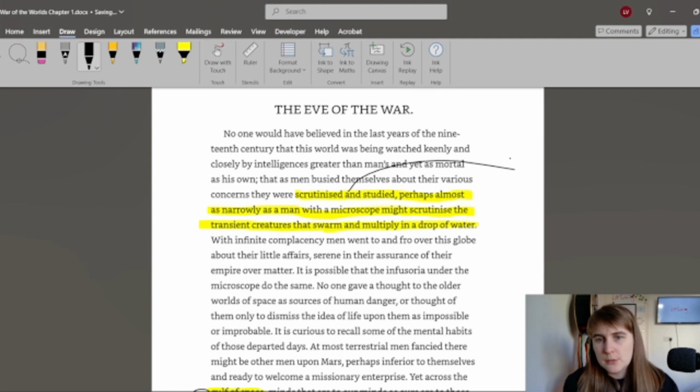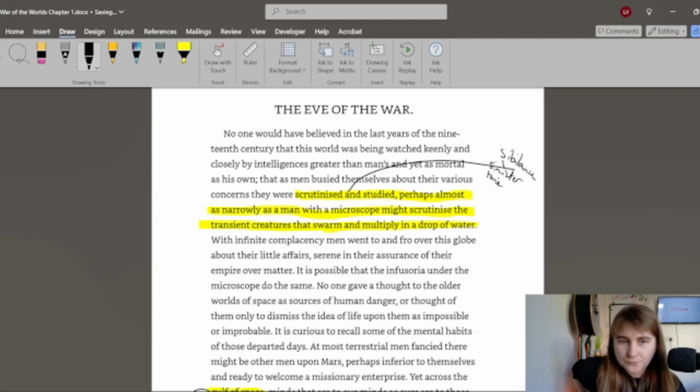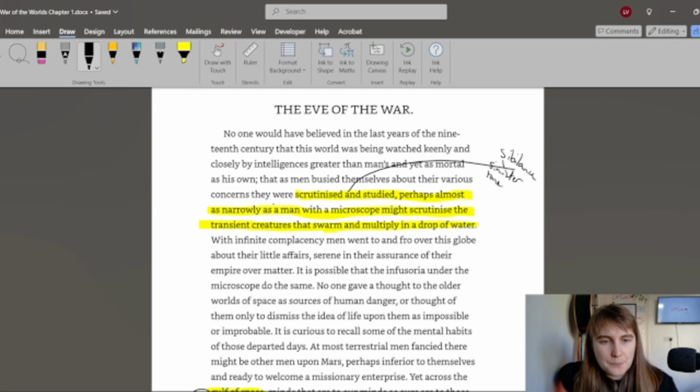"Scrutinized and studied." We've got some sibilance there, which is the repetition of S sounds. Because of our associations culturally with snakes and the devil, danger, it creates a sinister tone there. We feel threatened by these creatures who are scrutinizing and studying us. "Perhaps almost as narrowly as a man with a microscope might scrutinize the transient creatures that swarm and multiply in a drop of water." So this simile